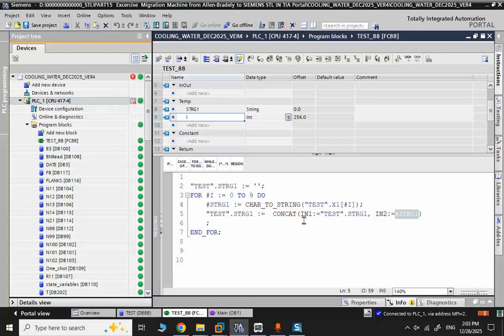character and string manipulation. So I stop the video here,